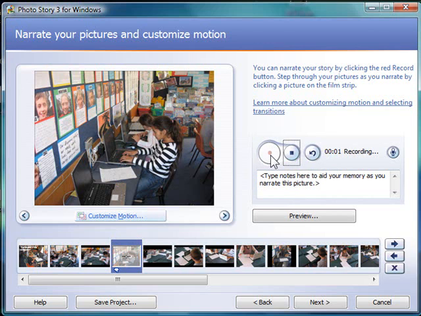Here are some children using one of the large desktop machines,